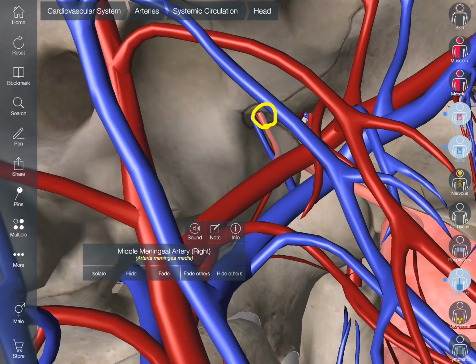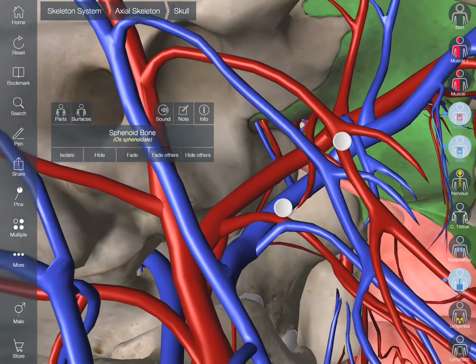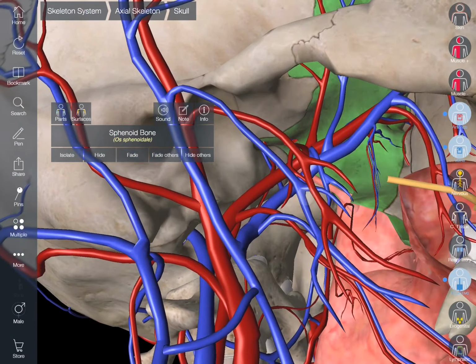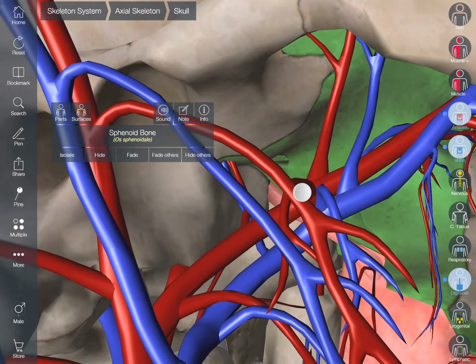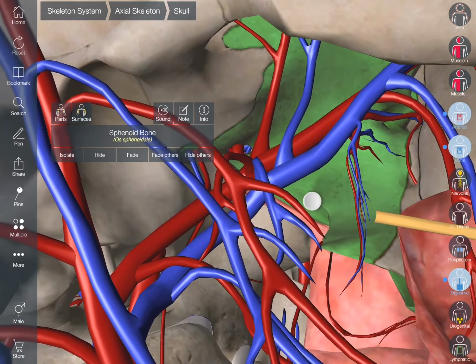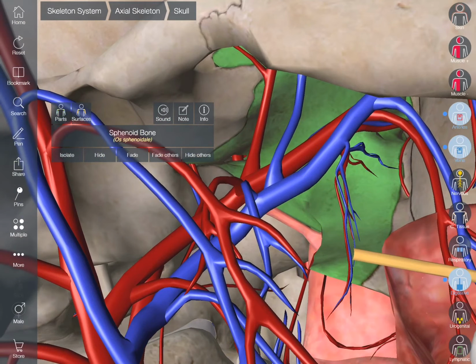To the right of, or actually here, this is the foramen ovale. These both foramina are situated in the sphenoidal bone. So this is the sphenoid bone, and of course we've got other foramina. By the way, we expect the foramen rotundum to be here, but actually we don't see that here. Why? Because it will go like that. See, if it was here, it will go like that to here, leading to the